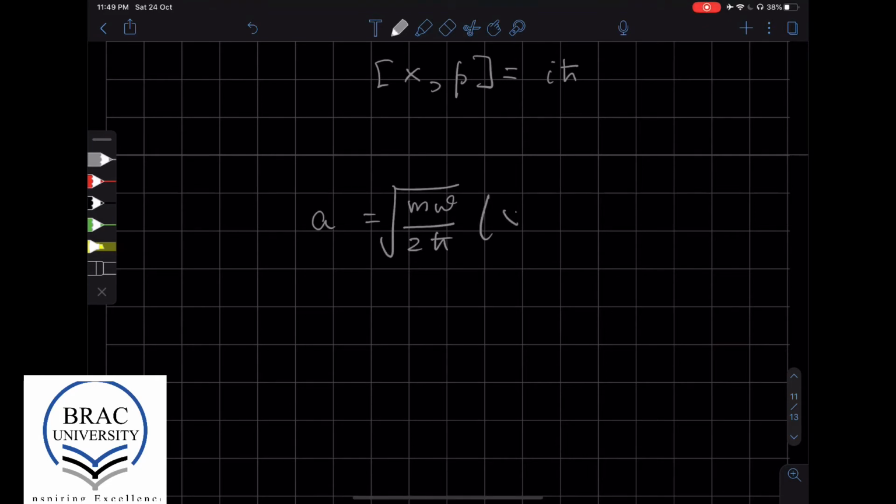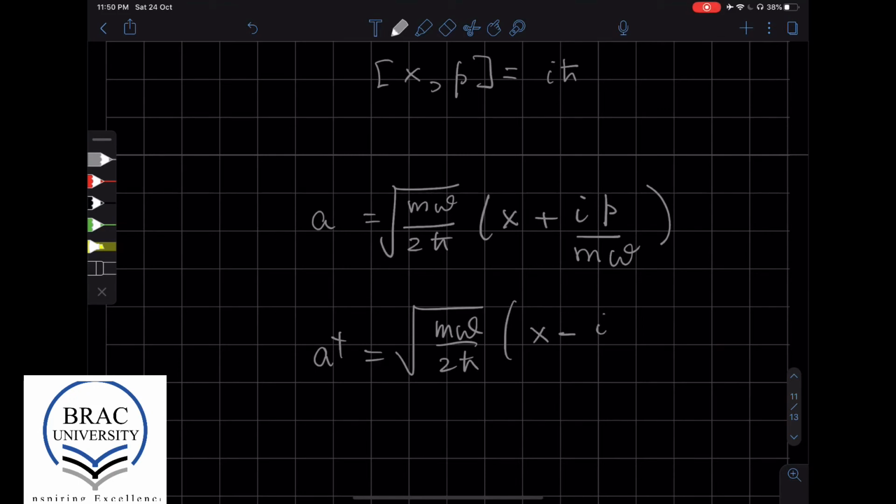The precise form doesn't matter, but what was important is that they were a complex linear combination of the position operator and the momentum operator, and their Hermitian conjugate had a minus sign. And then, this commutation relationship, along with the trivial ones,